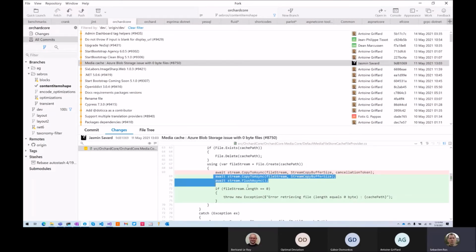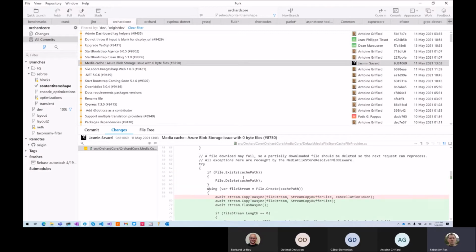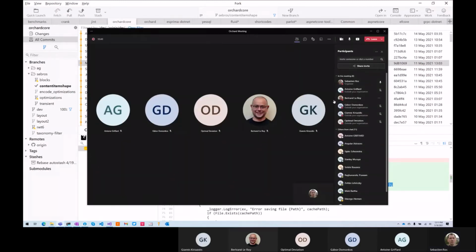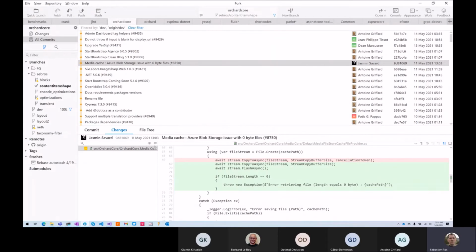I'd like to know what's the issue there. So yes, flush should be called, or do an await using, in this case same thing. But this is interesting. Yeah, I'd like to know what was the issue there.